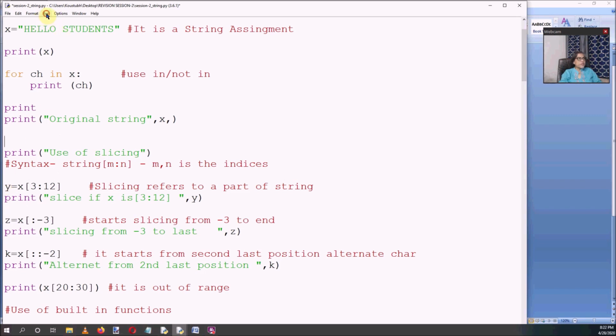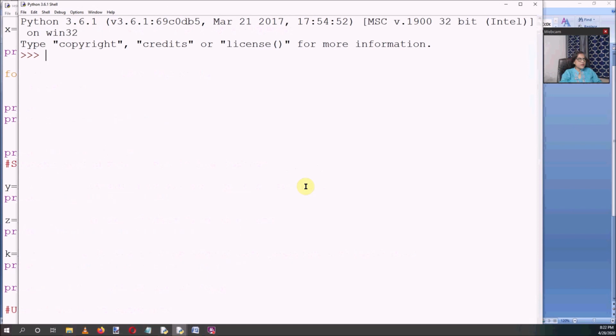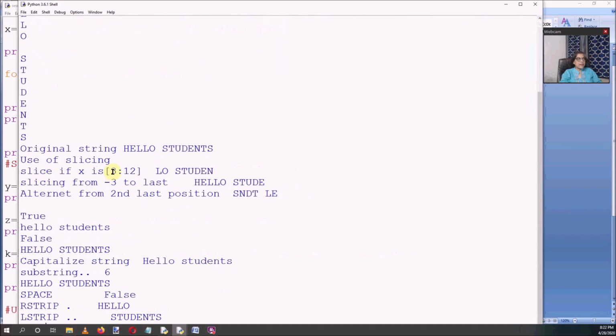If I execute this program, see here, it is printing from 3 to 12. So it is printing from the next, fourth character, up to the end: 4, 5, 6, 7, 8, 9, 10, 11, 12. But since counting starts from 0, it is 12 minus 1, which means it will print till the 11th position.